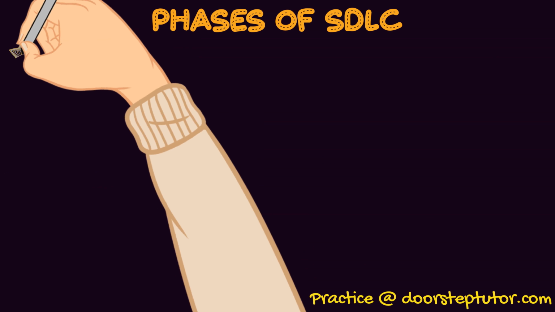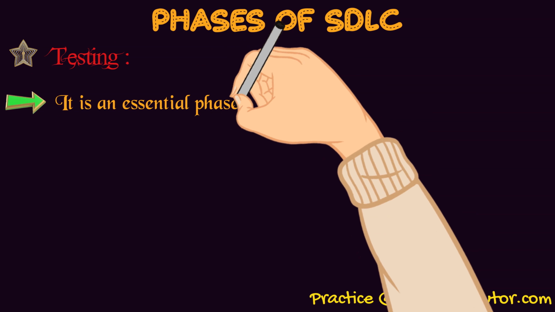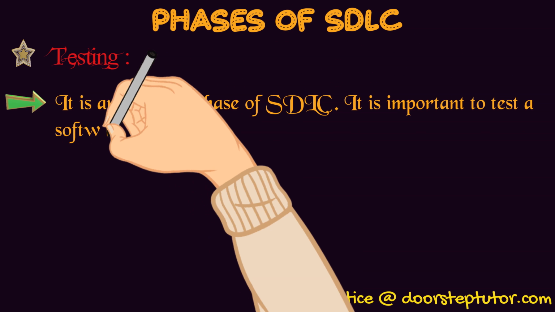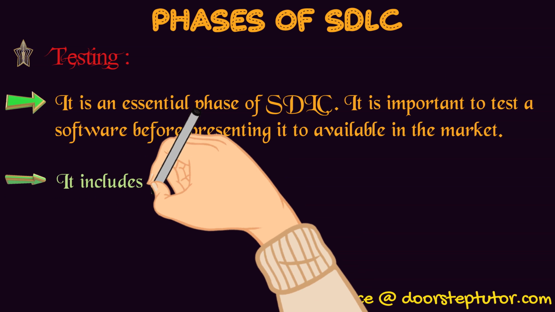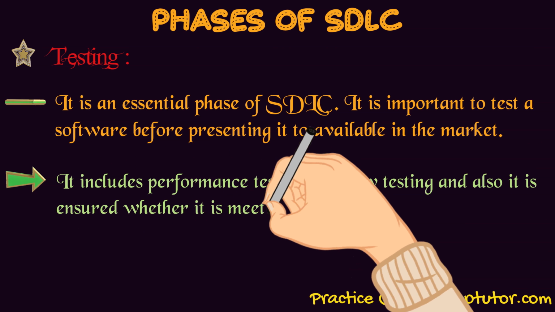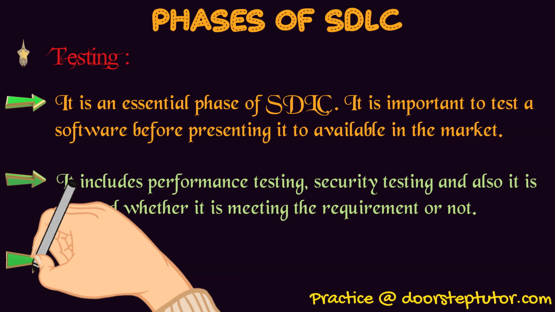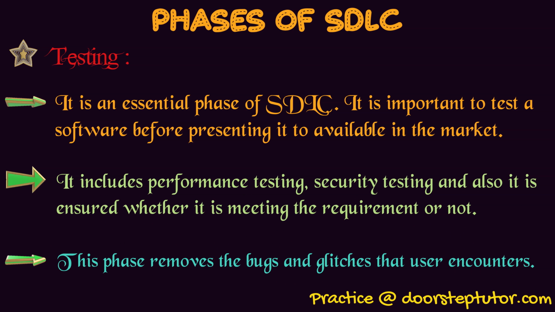The next fifth part will be testing. So here we will discuss unit testing and system testing. Basically testing means that we need to remove all the bugs and errors, and we need to make the perfect software. So unit testing means that module by module we will test each unit. Then after unit testing, we will combine or integrate all the small units and create one overall structure, and it will be tested again, which is called system testing. So both testing will be done over here in the fifth step.